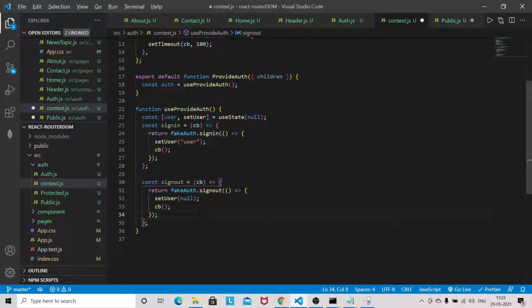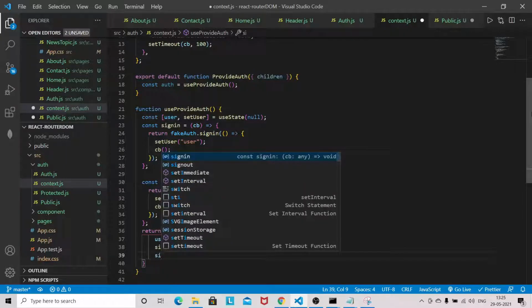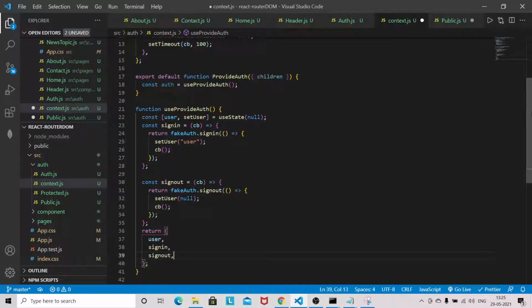So that's it. Okay, now what will we do? We will return user, signIn, signOut. So this is the custom hook.